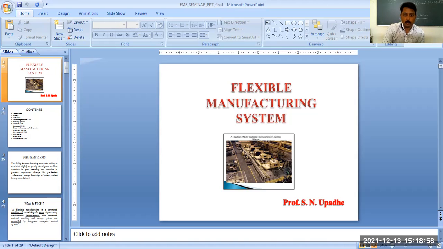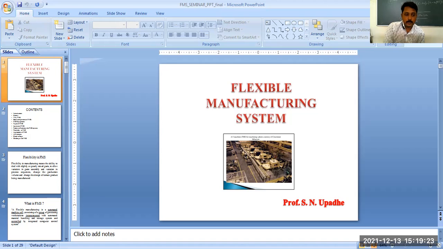Okay. Now there are basic components of a flexible manufacturing system. What are the basic components? Workstations, where your product is being manufactured. Then the automated material handling and storage system. We have seen one diagram where CNC1, CNC2, CNC3 are the workstations, and there is an AGV or roller type of system where material handling and storage is carried out.